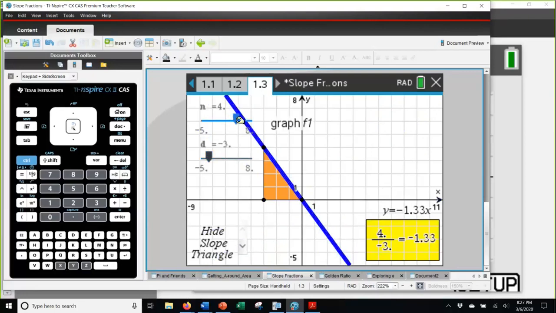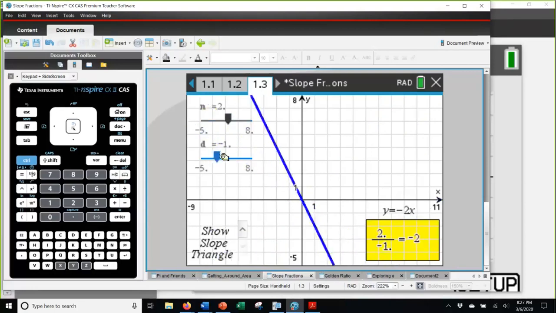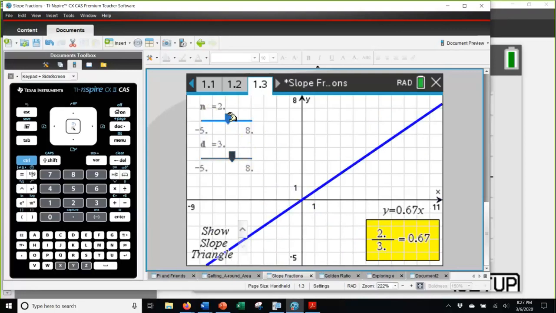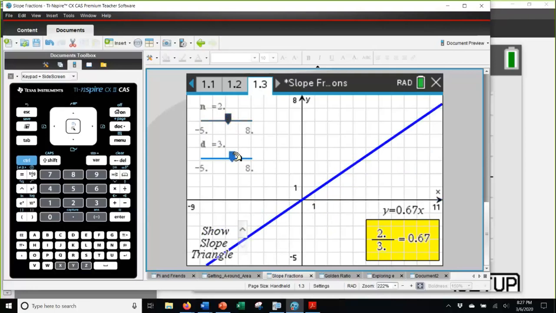But now let's take a look at what happens if our denominator turns to 0. Actually, I'm sorry, let's go to our numerator turning to 0. Same as the TI-84, we get a horizontal line. And denominator turning to 0, we're going to end up with undefined. What I did pop in here was the equation would be x equals 0. We can no longer do a y equals. Okay, so that's the 0 activity.